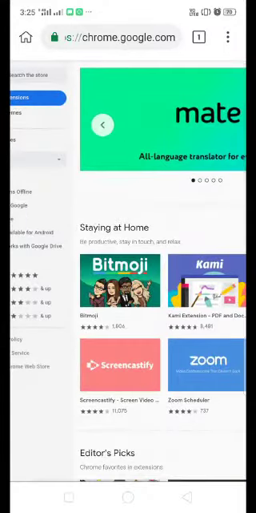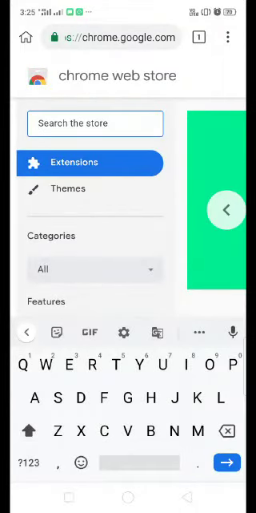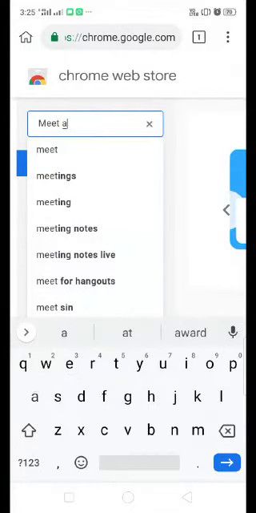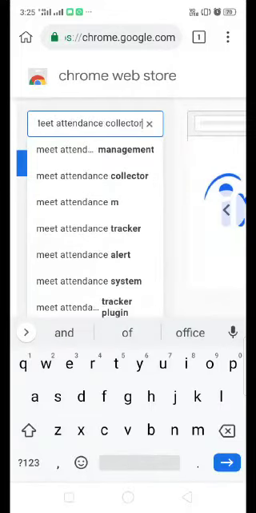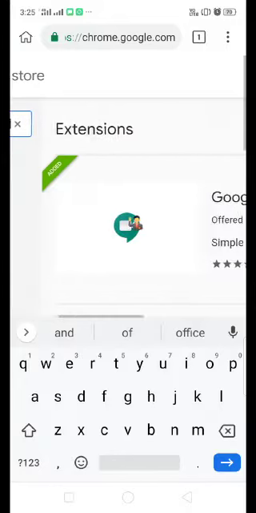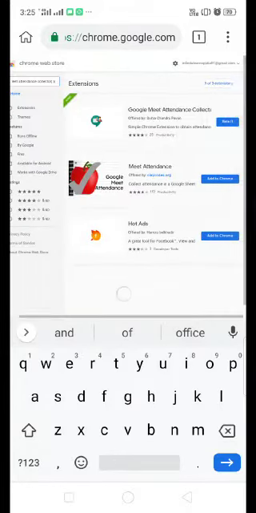Towards the left side, click on the search box and type Meet Attendance Collector. Here you will see some extensions. The first one is Google Meet Attendance Collector. So we'll install this.